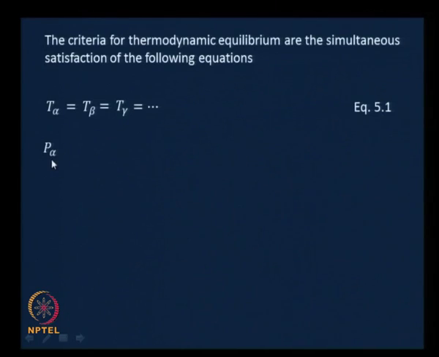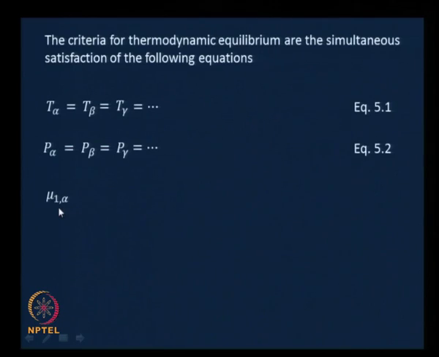P in the alpha phase, the pressure in the alpha phase must equal P of the beta phase must equal P of the gamma phase and so on. The equality of pressures across the various phases, equation 5.2, is the condition for mechanical equilibrium. This is thermal equilibrium, mechanical equilibrium, and the condition for chemical equilibrium is given by all these equations that follow,